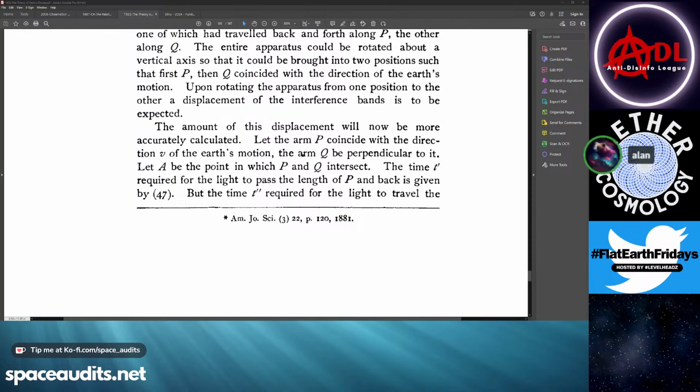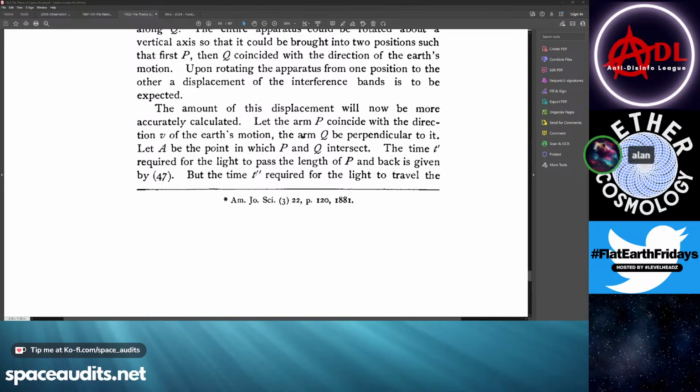Let the arm P coincide with the direction of Earth's motion v, the arm Q perpendicular to it, and let A be a point in which P and Q intersect. The time T prime required for the light to pass through the length of P and then back is given by equation 47. The time T double prime required for the light to travel